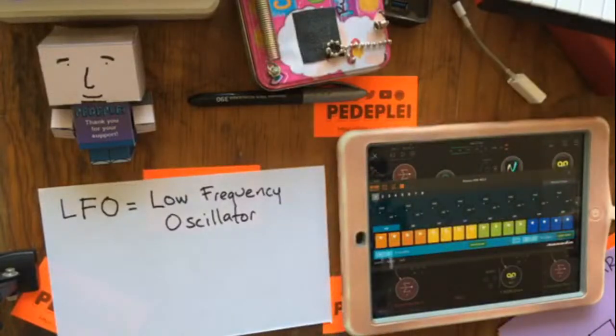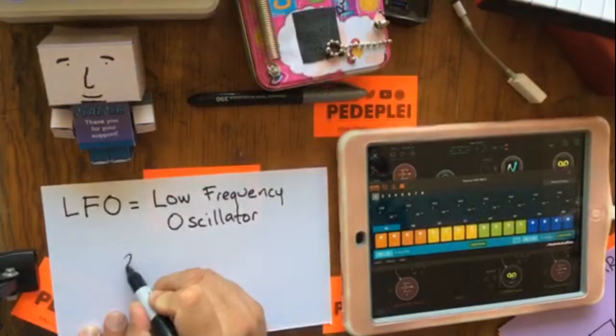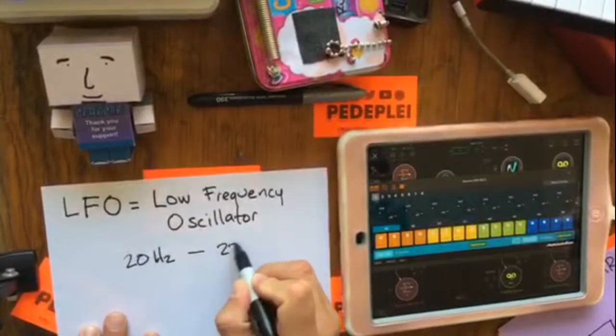An oscillator basically made the voltage oscillate in its intensity, and it produced sounds that way. The range of human hearing is between 20 hertz and 22 kilohertz,